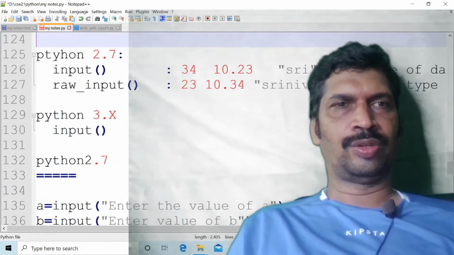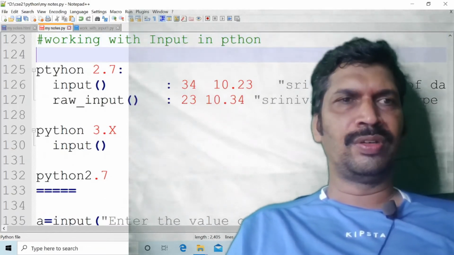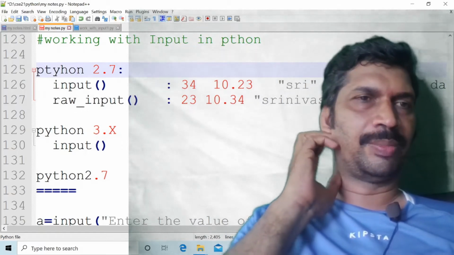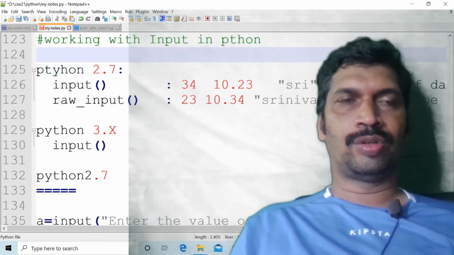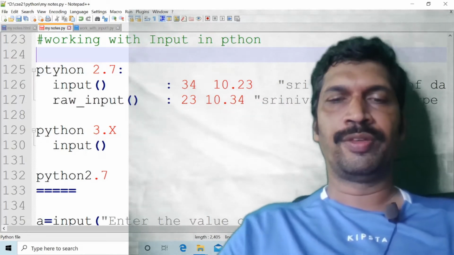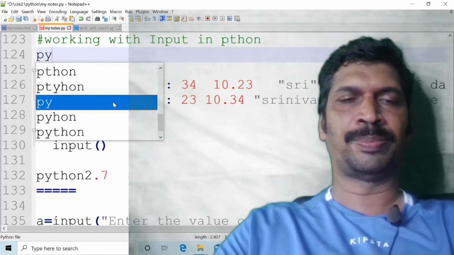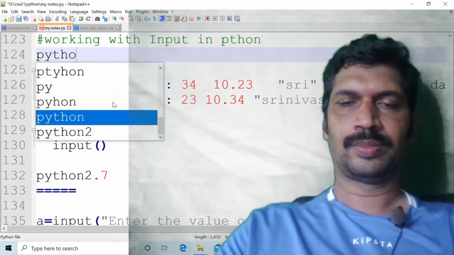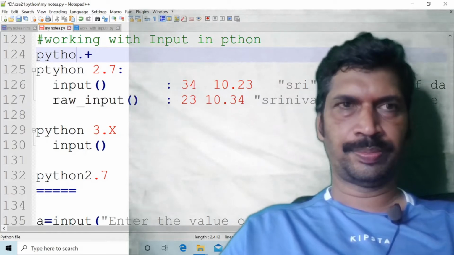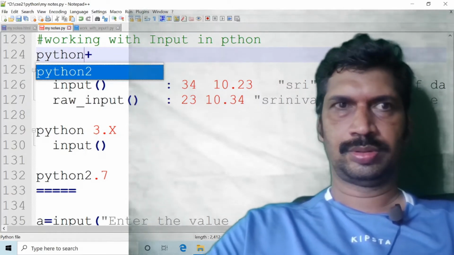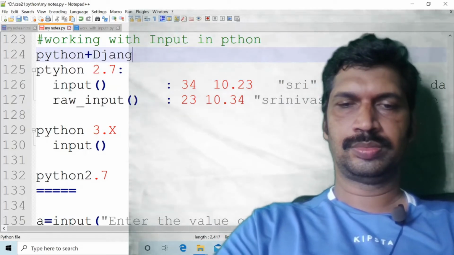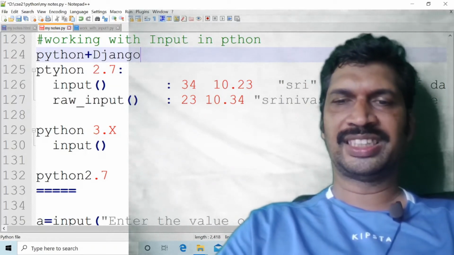In 2.7, in this session we will see these three functions only. I am not going into the depth of Python programming. If you want to be a perfect 100% Python programmer, you have to learn these concepts: Python, Python plus Django, and Django REST API.